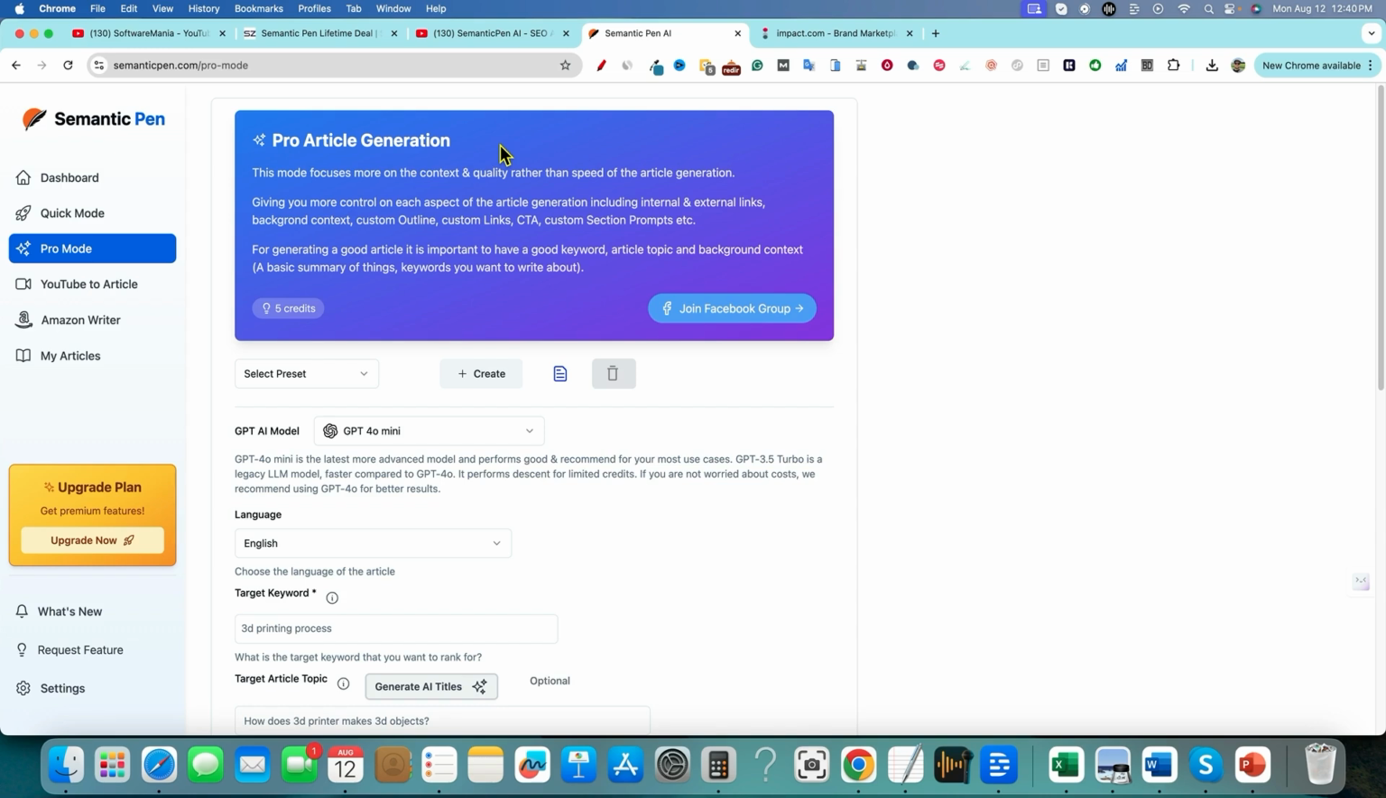For generating a good article, it is important to have a good keyword, article topic, and background context, a basic summary of things, keywords you want to write about. Okay, so it looks like they have a Facebook group right there as well. We'll come back to Pro because that's probably the one that I'm going to use. Unfortunately, I only have 5 credits, so I want to probably use the Pro mode right over here,